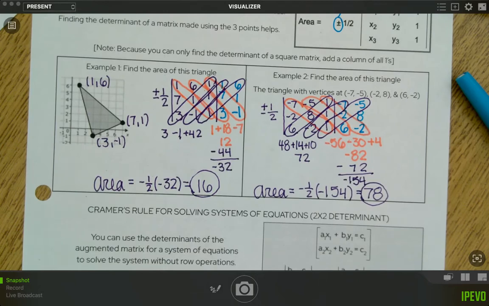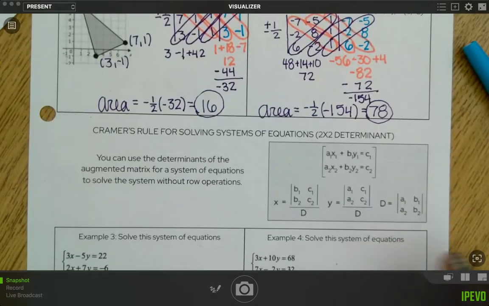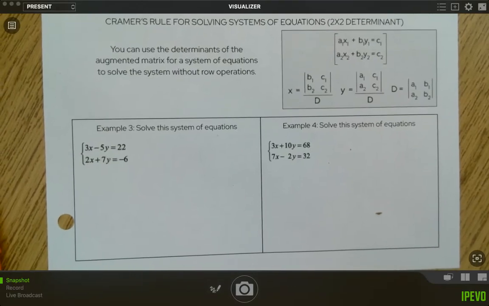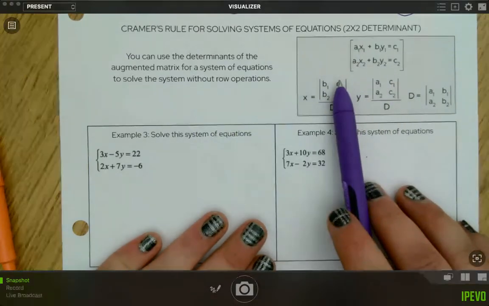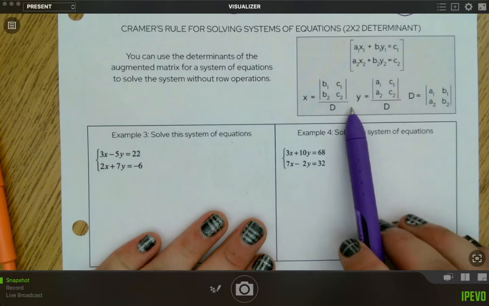Okay. And then we're going to talk about how to solve systems using determinants too. So for that, we're going to do it in a little bit weirder order. This one is easier to solve, but a little more difficult to understand. So basically, I can find the value of x for a system and the value of y for a system